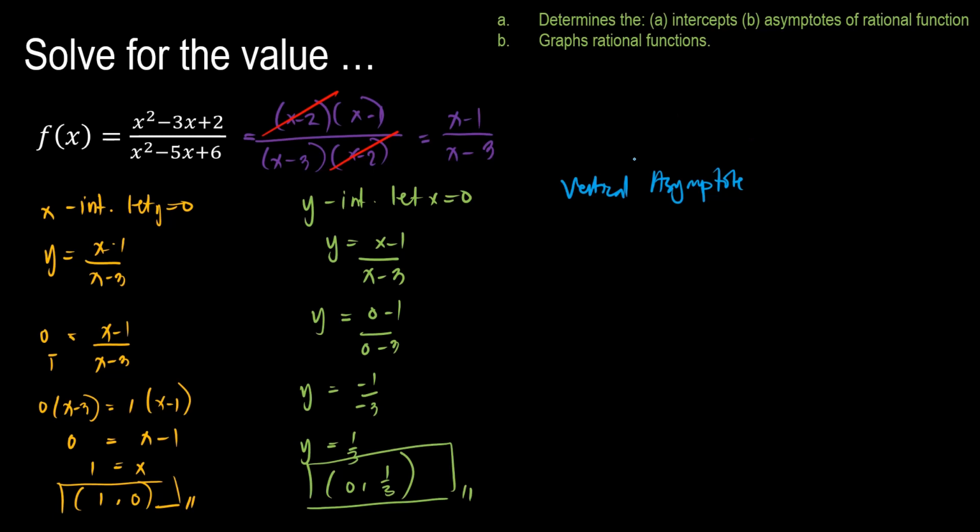Our vertical asymptote, we're looking for the denominator. So x minus 3 is equal to 0, x is equal to 3. So this is our vertical asymptote. Now for the horizontal asymptote,